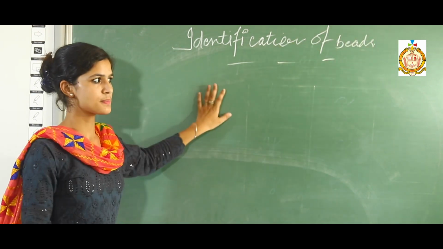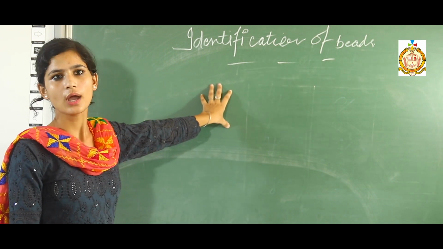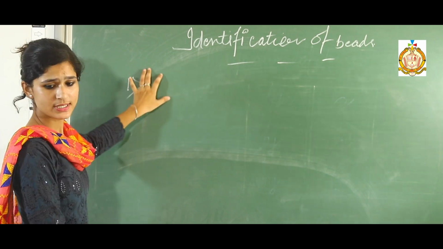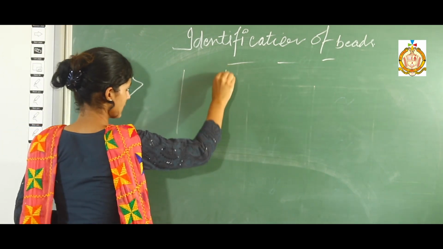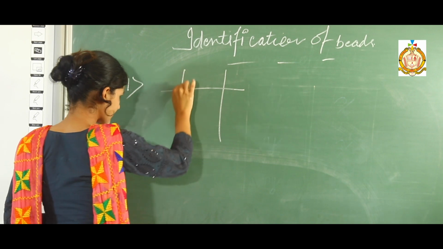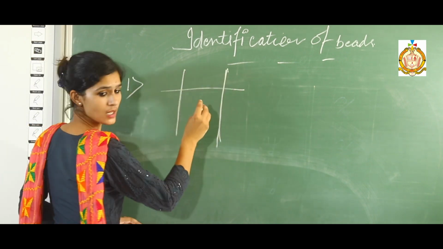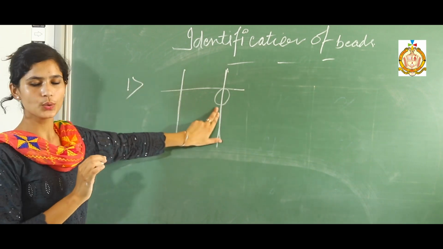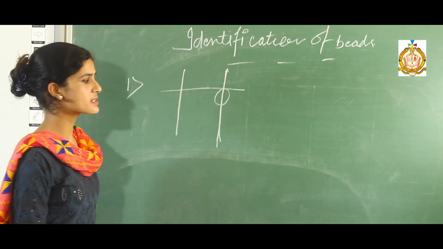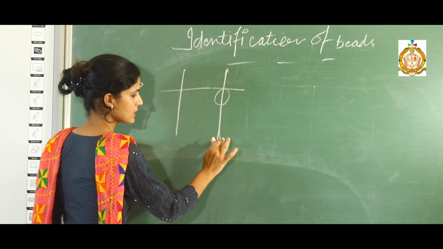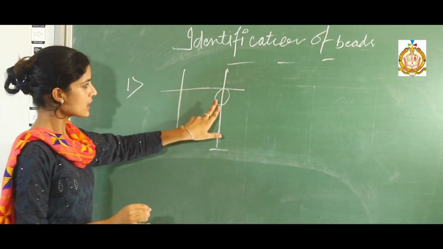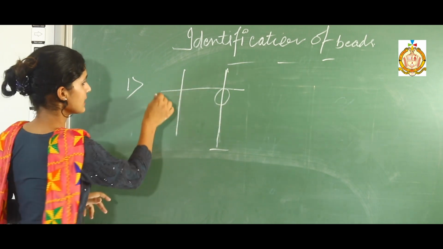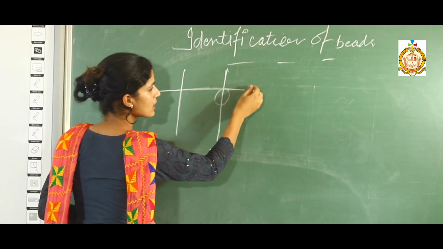In this concept, beads are given. You have to firstly find out what is the value of these beads. Now your first sum is, this looks like your abacus scale. Now only a single bead is there. You know that in mathematics we always start from the right hand side. So firstly count this figure. Now how many beads are there? One. One is touching the answer line. This line indicates your answer line.